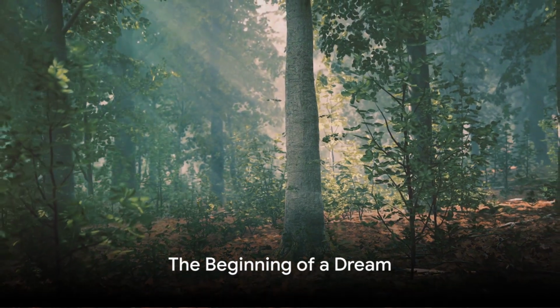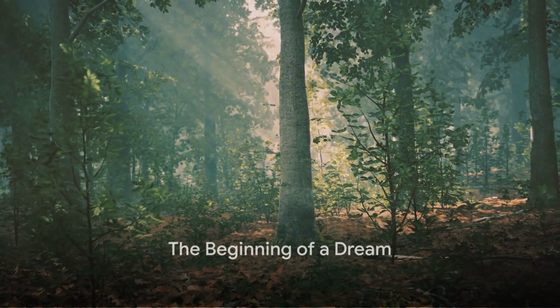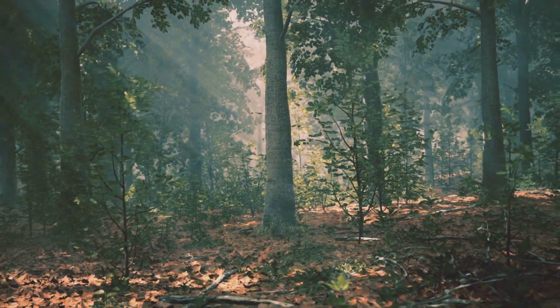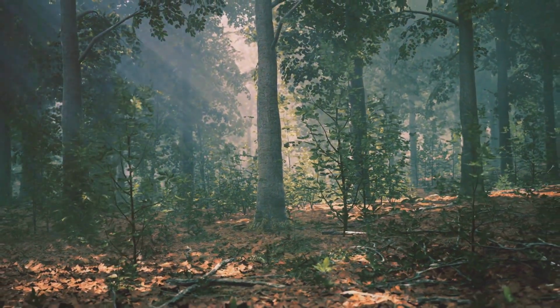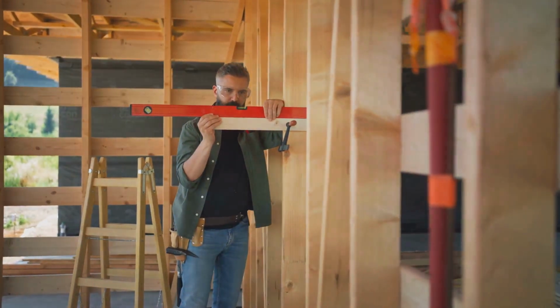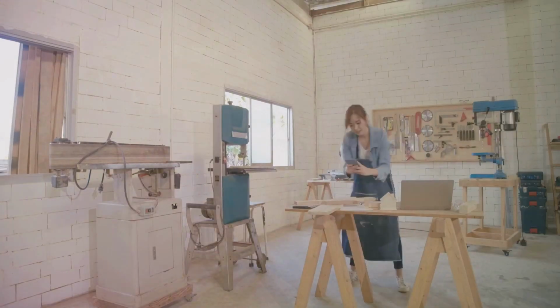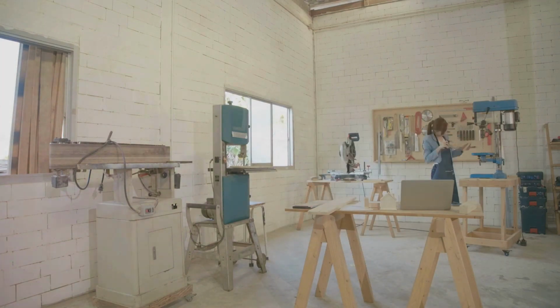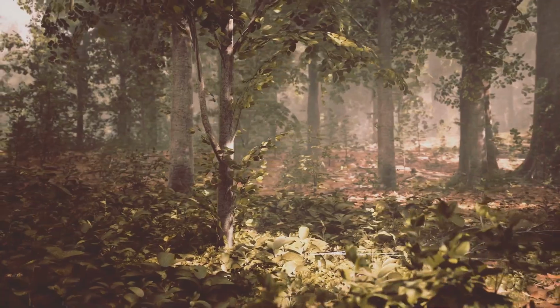In the heart of the verdant forest, where the melody of nature sings in harmony with the rustling leaves and the chirping birds, emerges a dream. A dream home, nurtured from the ground up by a solitary builder. Today, we journey through this unique transformation of raw materials into a cozy abode, nestled amongst the serene whispers of